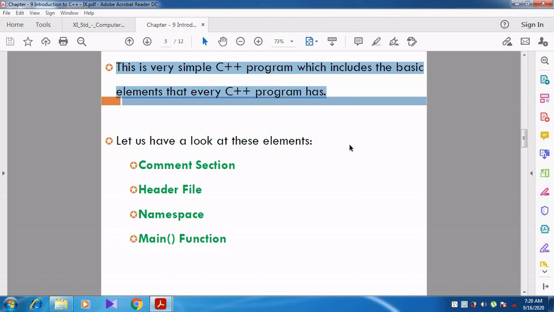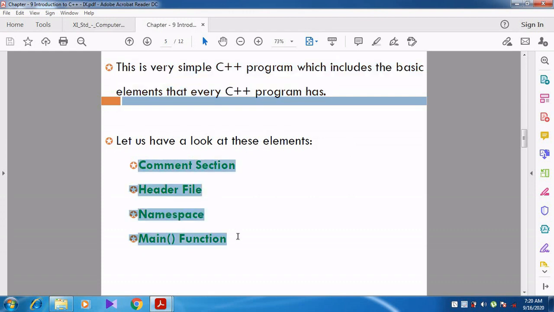Let us take a look at these elements. What are the basic elements? Comment section, header file section, namespace, and the last one is the main function.